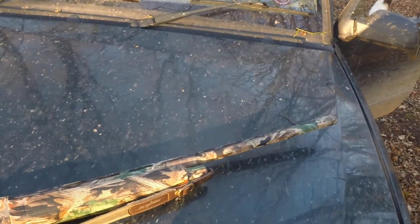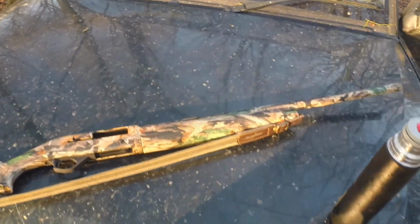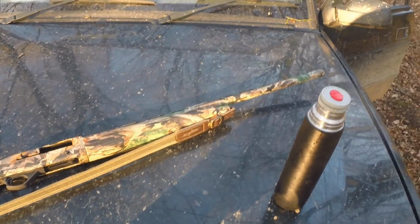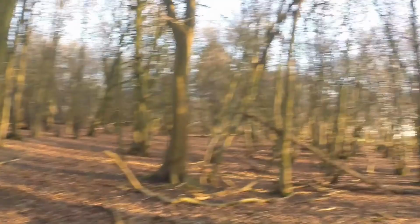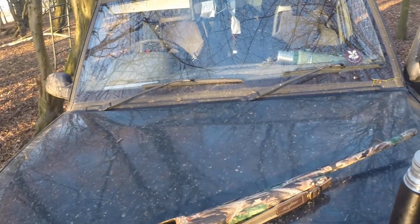Yeah. No, it's been a good gun. What I'll do is I'll do a video when I clean it, showing you the strip down. I purposely haven't cleaned it since I've had it, just to see what it takes to jam it up. Because the old Armsan, don't get me wrong, was a good gun,